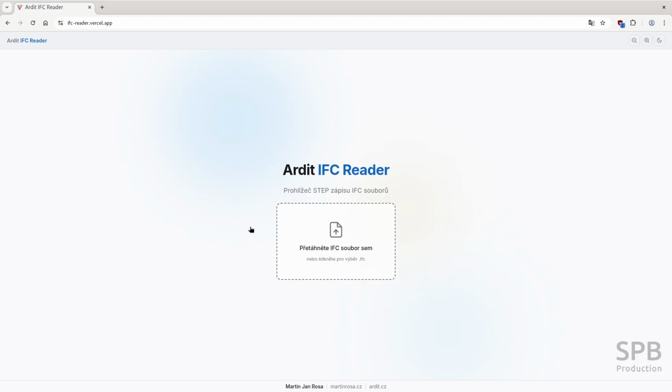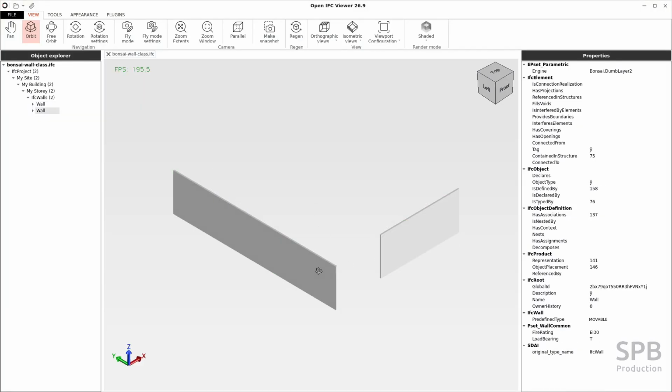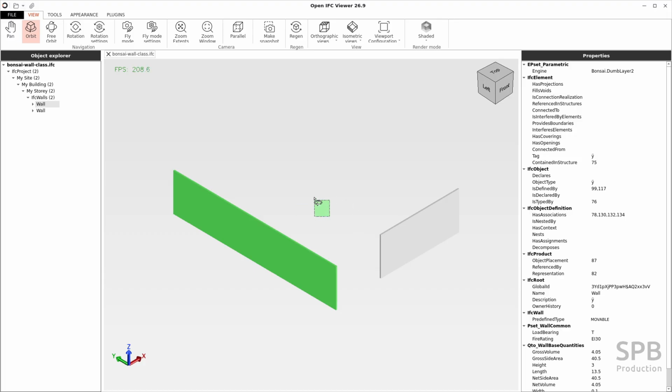Sometimes it's more practical to check the IFC schema data in a text form than in a 3D viewer, and also this tool will help you with a better understanding of IFC schema. And even though the user interface is in Czech language, the usage is so straightforward that it doesn't matter if you don't speak Czech. So I have this simple file with just two walls, and I will want to check